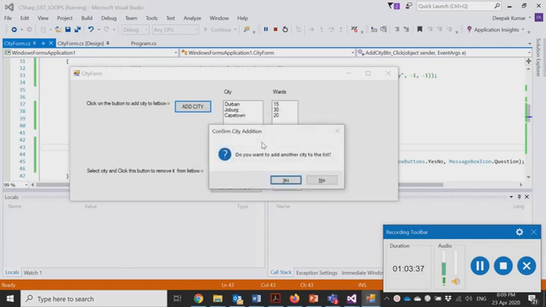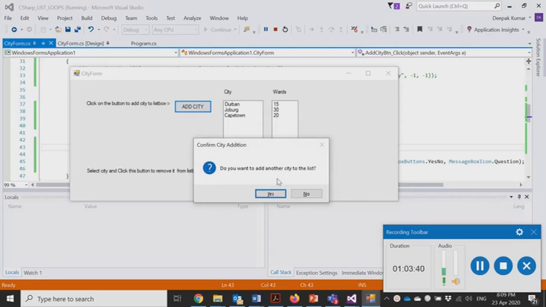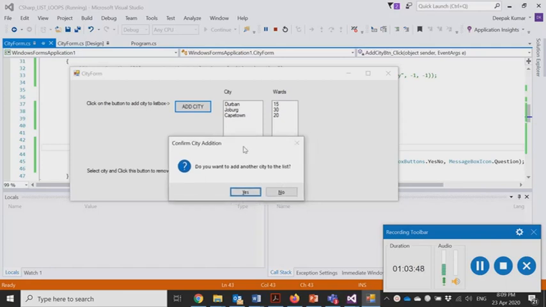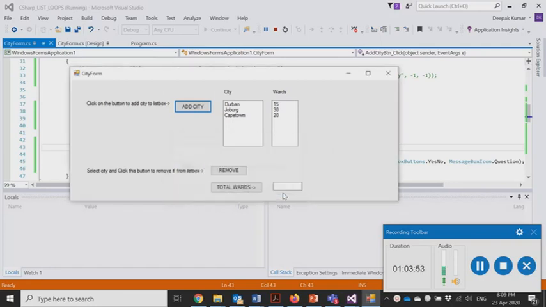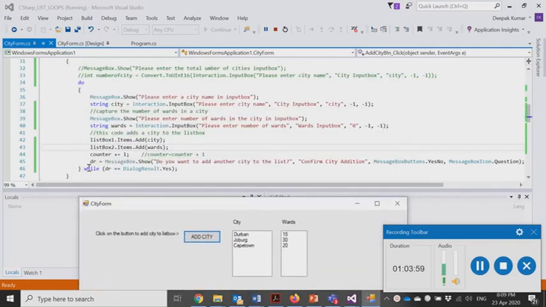Okay, so now I have added 3 cities, and I don't want to add any further cities, although I can add any number of cities. I just have to click yes or no. So we have added 3 of these just to demonstrate, and we would say no this time. Once you say no, since we had this code over here, while the dialog result variable, which is dr in this example, equals DialogResult.Yes, and since the user pressed the no button, this condition would not return yes.